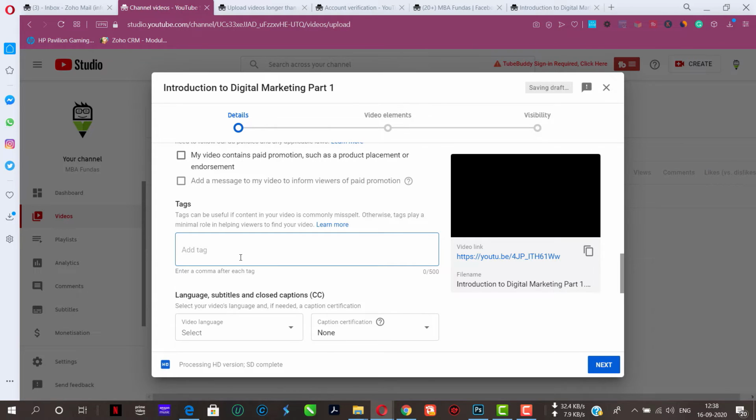So here I'll just write the tags. Digital marketing would be one of my tags, and I'll just press comma in order to differentiate between two different tags. I'll press comma, and you will get this rounded corner. Then learn digital marketing would be another keyword. This is nothing but tags or keywords, which you can call. Then introduction to digital marketing, I'll put.